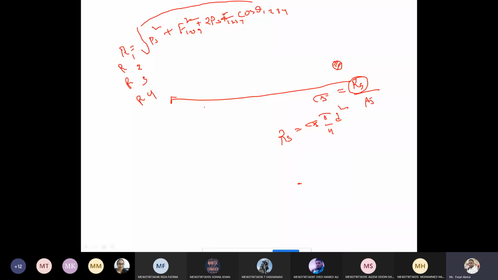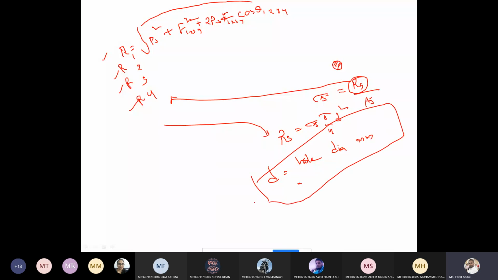Among the four values, which one do we have to select? The maximum R value. We calculated four values here, so among all four, the maximum value we have to consider and substitute here. Then we will get the rivet hole diameter in mm. After getting the rivet hole diameter, the rivet diameter we need to take from the table, which I've already shown in the previous class. So with this, design of eccentric loading for the rivets is completed, and the riveted joint topic is also completed.